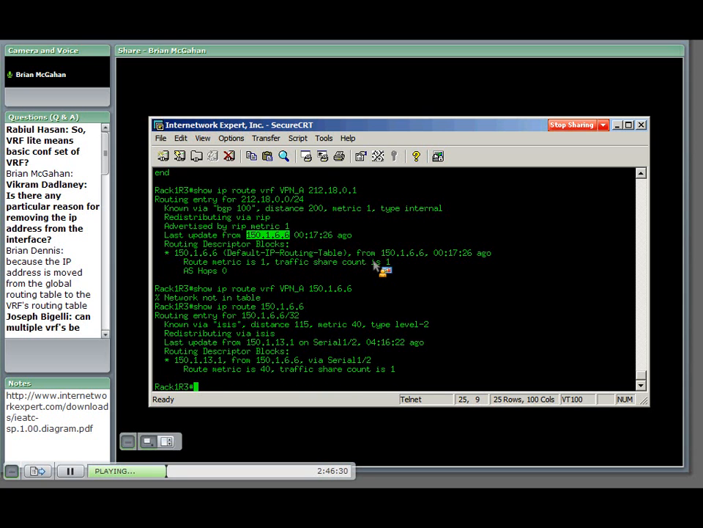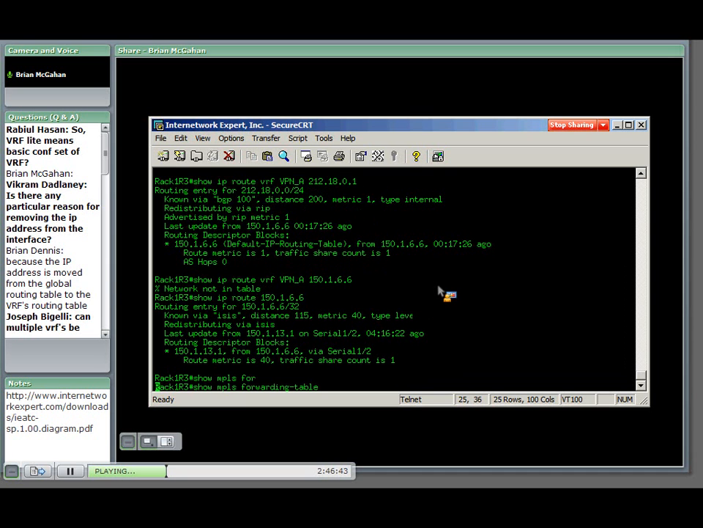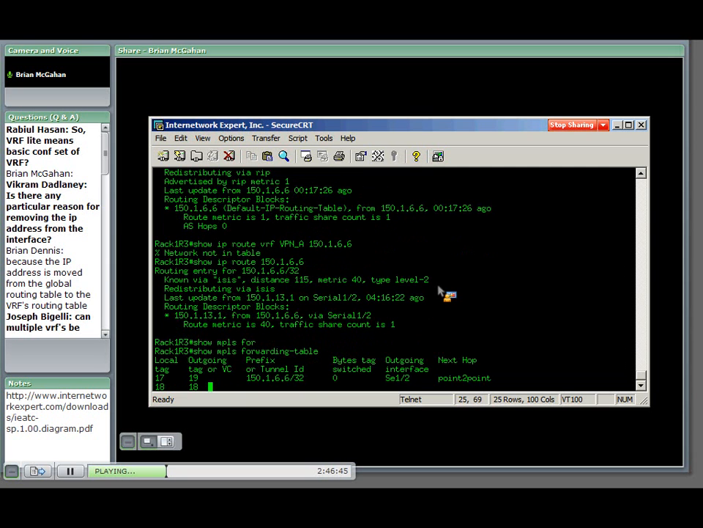It's inside the global routing table. So router 3 is actually going to be doing two separate lookups here. It's doing the lookup on the VPN route. Then it's going to do a global lookup on router 6's loopback. Okay, now if we look at the output from the show MPLS forwarding table,